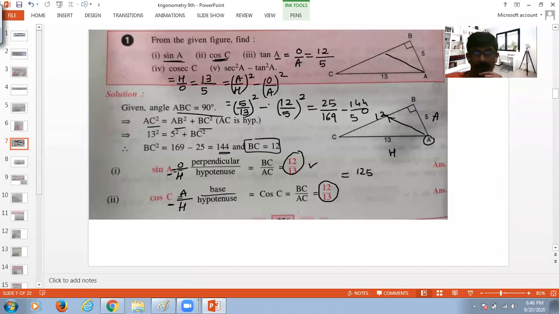Sir, won't sec be hypotenuse upon base? Yeah, it should be hypotenuse upon adjacent. So this should be actually. One second. No, sir. Over here you have